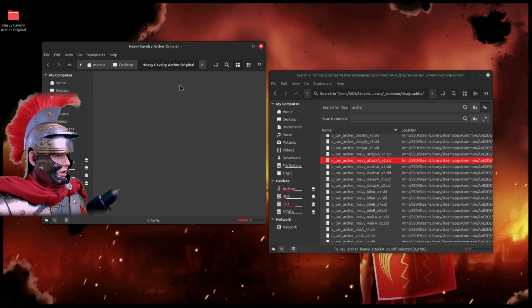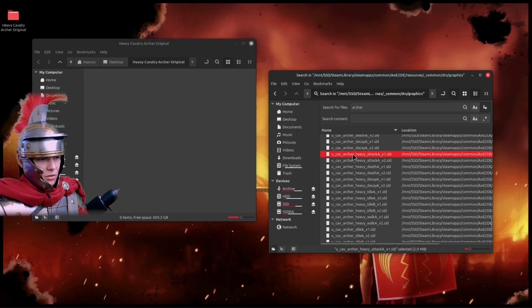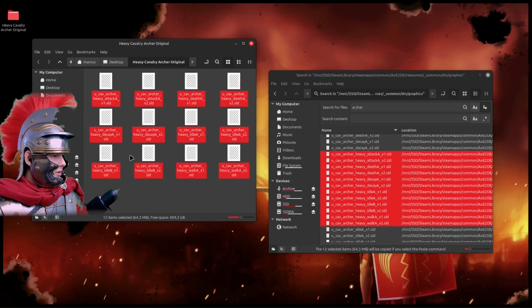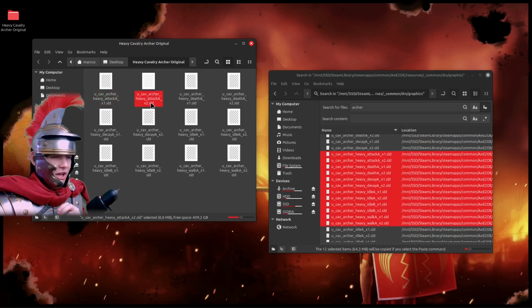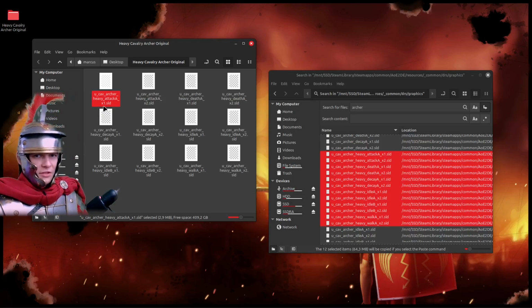Now, I'll open the folder and I'll copy over all of the files that are over here. Cavalry Archer Heavy. Okay. So here are all the Heavy Cavalry Archer files. So you can copy them over and paste them. Now, as you can see, there are X1 and X2 graphics. The X1 graphics are for the normal graphics of the game, but there are enhanced graphics